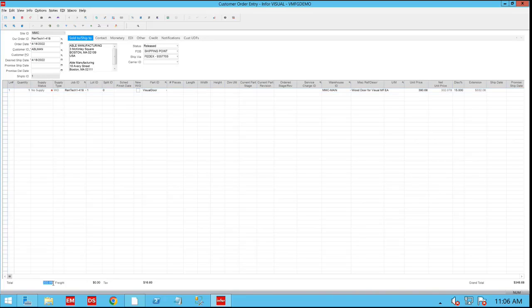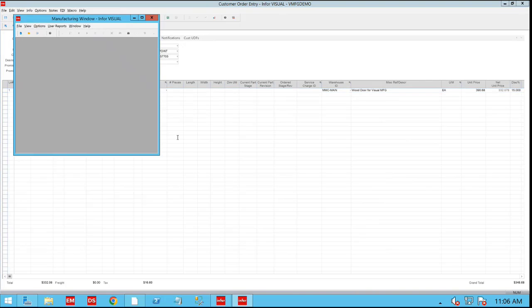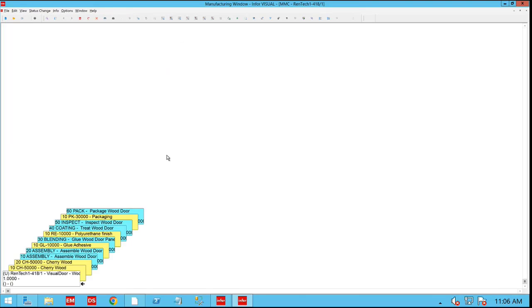So we're returning price. We have some information here regarding a quick description as to what was configured. And now we're going to take a look at the bill of materials. So we see we have a job order, we have operations, as well as the materials that have been added